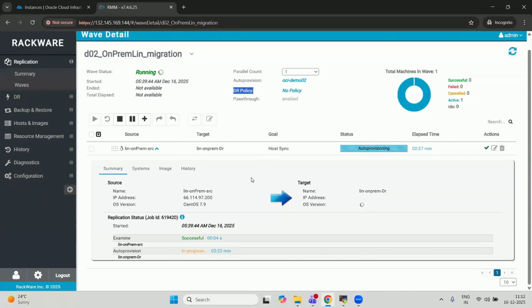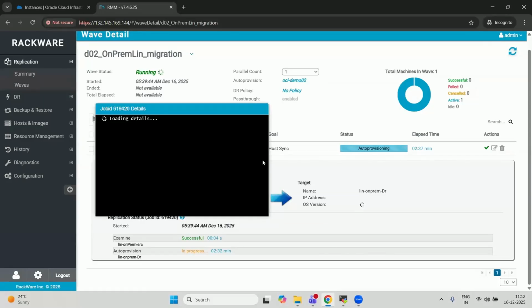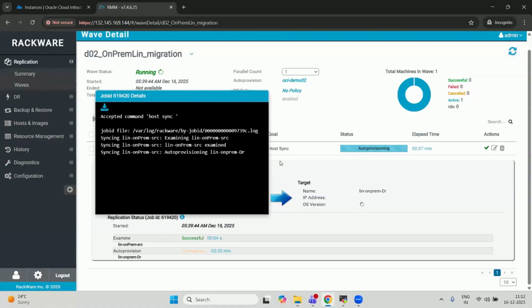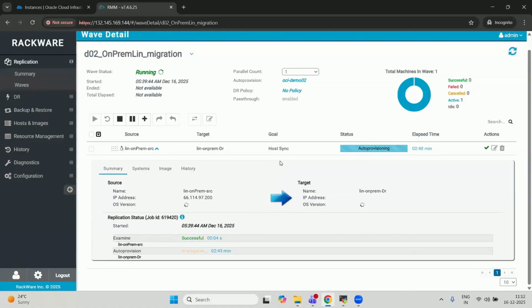So that's how easy it is for you to configure things on the RMM's GUI and achieve complex any-to-any migration, DR, and backup use cases. And again, all the information about the operations is visible to you on the UI under the history tab. The diagnostics are available as well. So very easy for you to get hold of the product. All right, so that's a quick overview of how the graphical user interface looks. I'm sure this must have given you a good view of how easy it is to get started. So with this done, I'll now hand it back over to you, Mike.